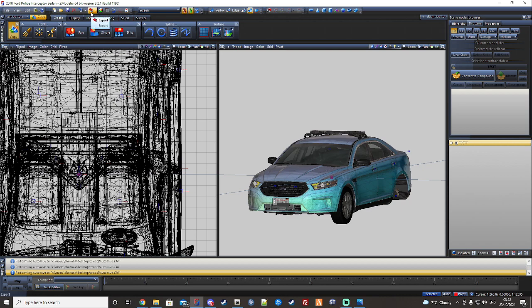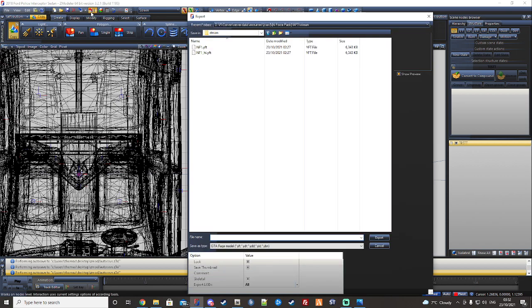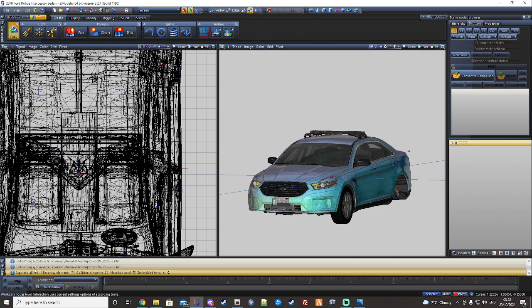Now come back to your Zmod. Click export. And we're going to just find our car for the umpteenth time. Come into your stream folder and just export your car. So you need to have it named just like the way I have it right now for your normal YFT. So if I click export, sometimes you might get a little thing down here that says